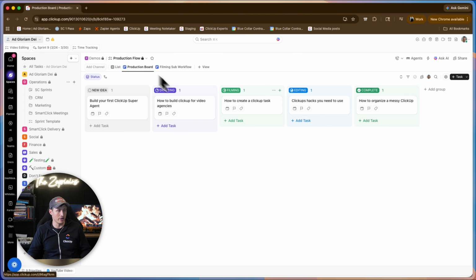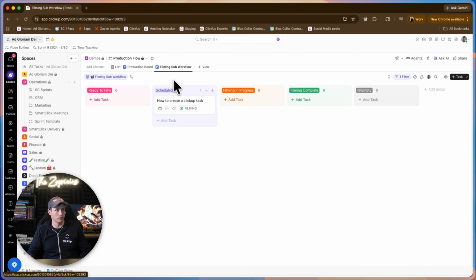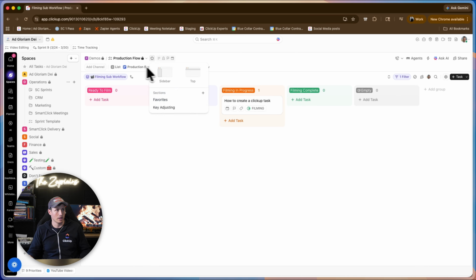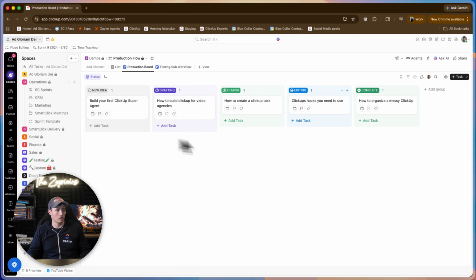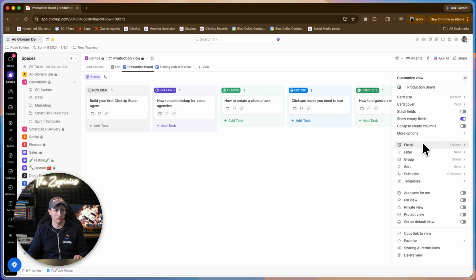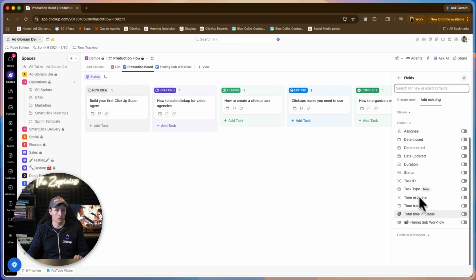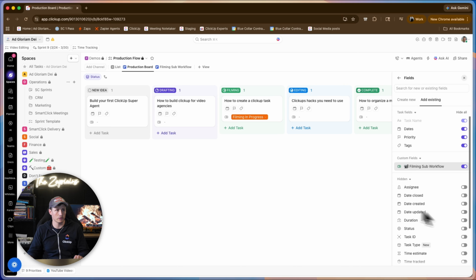That makes this Kanban board look like its own unique sub workflow, right? Because we have the major production workflow, the big all-encapsulating workflow, and then we have this sub workflow that is just the filming sub workflow. And to do you one better, on our cards here, we can click the little gear icon, click fields,